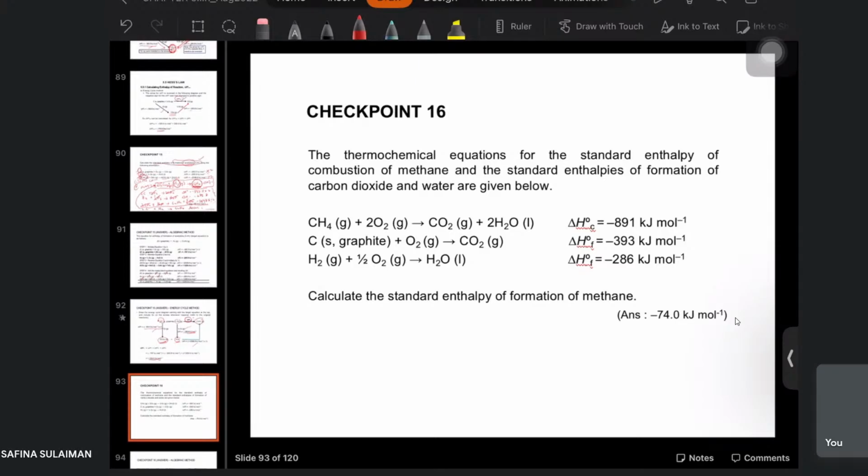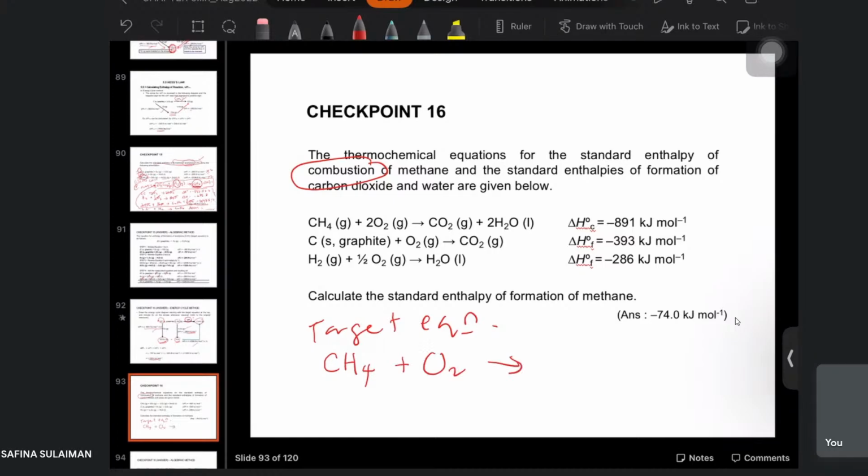Okay, this one pun benda yang sama. Okay, you boleh try sendiri. Benda yang samalah. Kat sini dia kata thermochemical equation for standard enthalpy combustion of methane. You kena dapatkan dia punya target equation je. So, apa target equation dia for combustion of methane? Tengok balik macam mana. CH4 and then ingat tak? For combustion, apa yang kena 1 mole? Substance. Reactant. Substance, okay. Yes, methane tu must be in 1 mole and then you tambahkan dengan O2 lah, combustion,